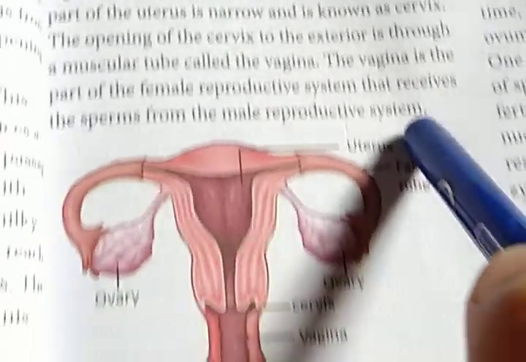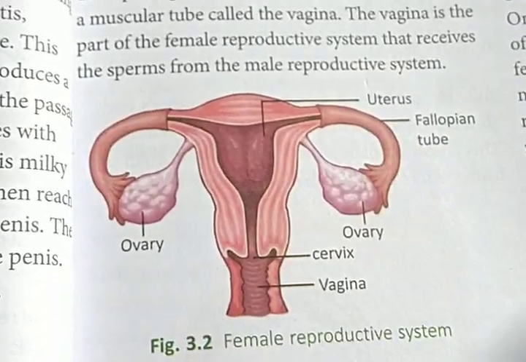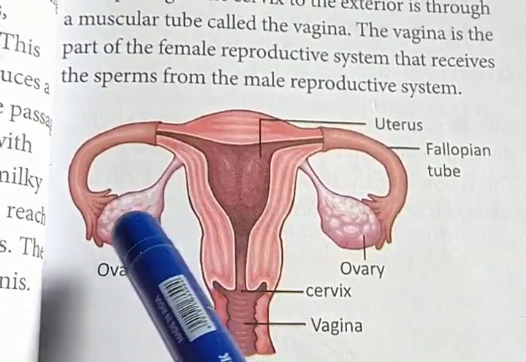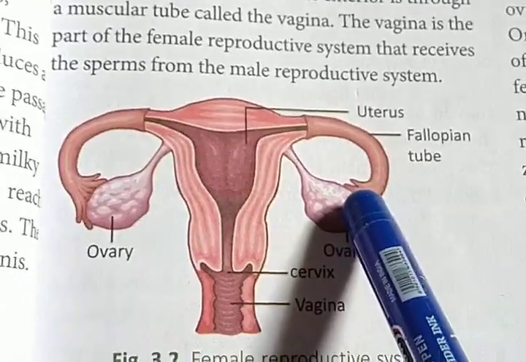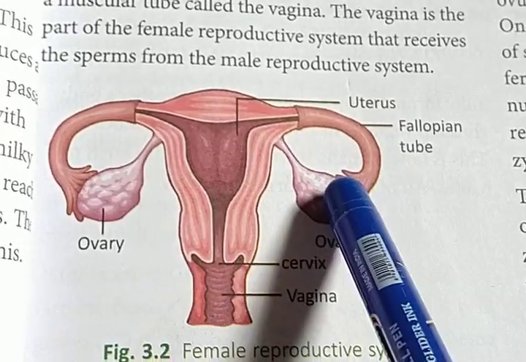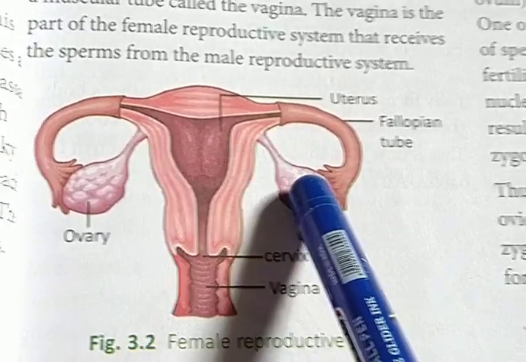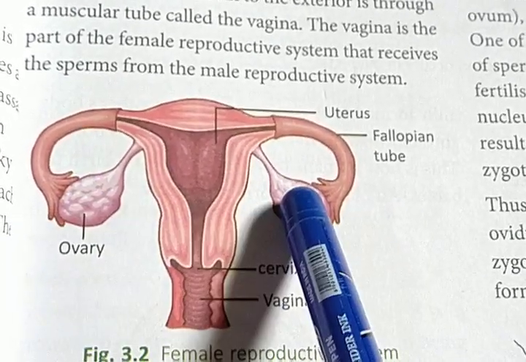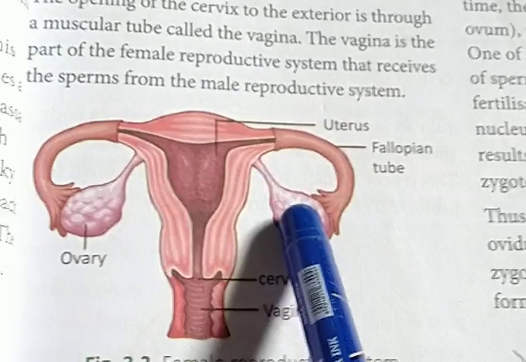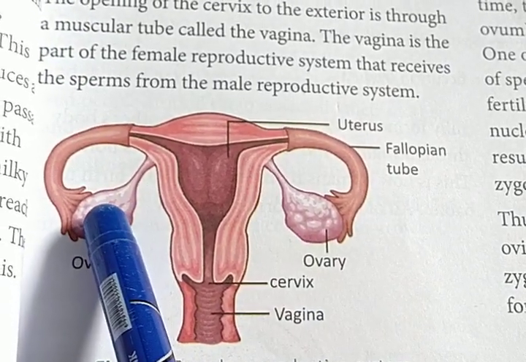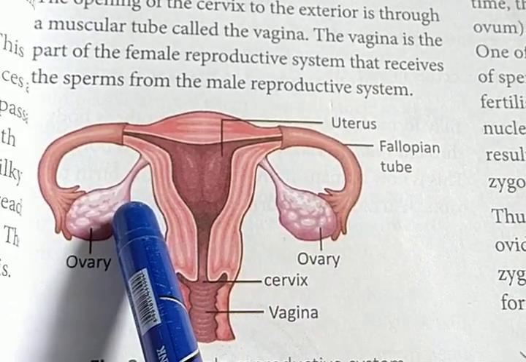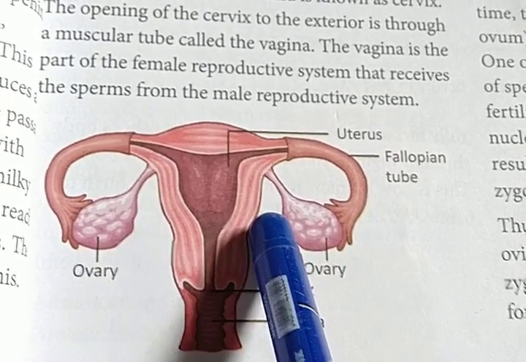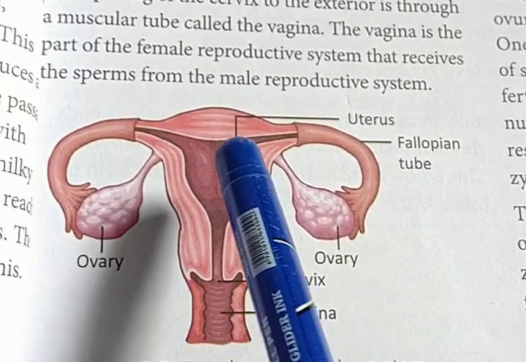So students, look at the figure. Now I am going to discuss the topic. These are the ovaries. Basically, they are oval in shape. In the female body, there is a pair of ovaries and they are filled with ovum or ova. Their size is normally like almonds, and the ovary is situated in the abdominal cavity on either side of the uterus.